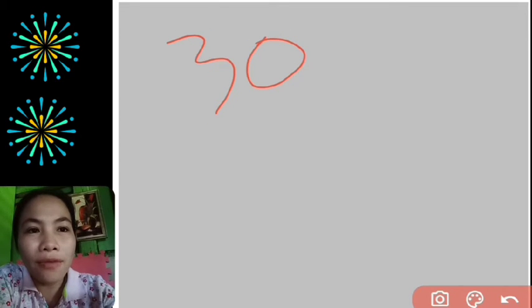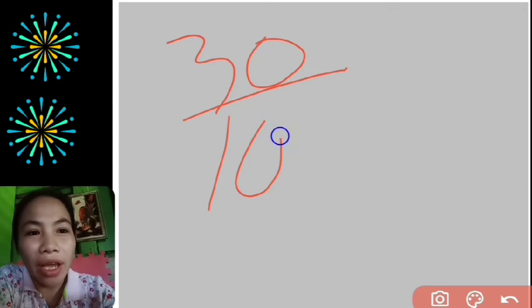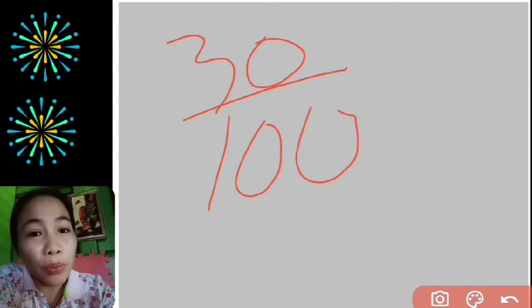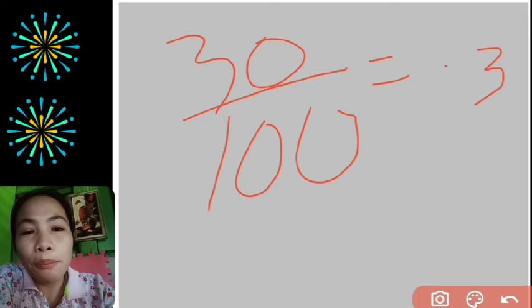30 divided by 100, because percent is per 100. Since we already have the 30%, we have to divide that one. So the answer is 0.3. But in my way,